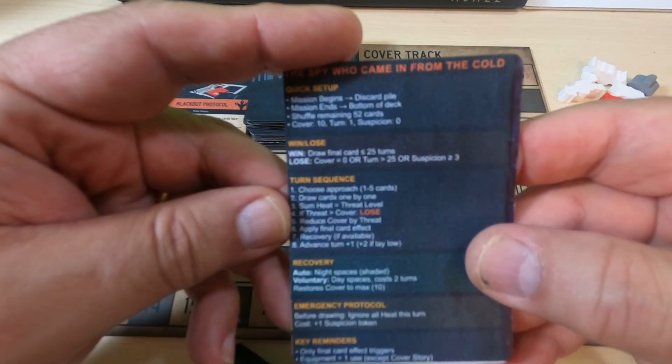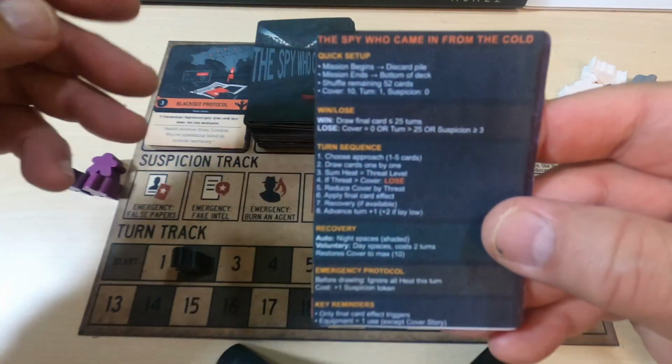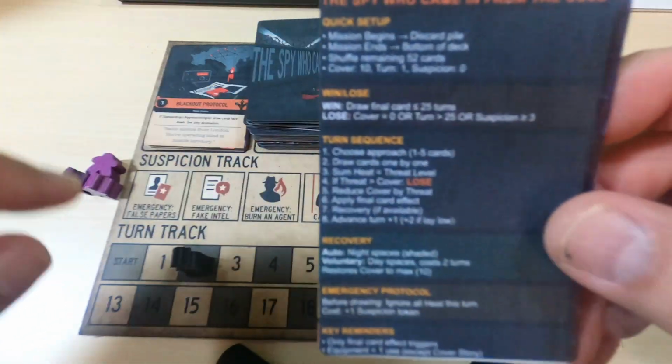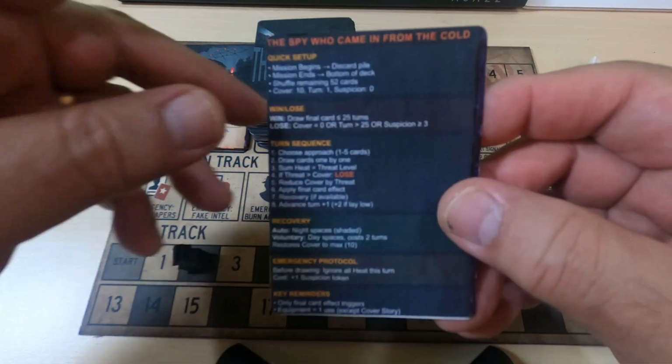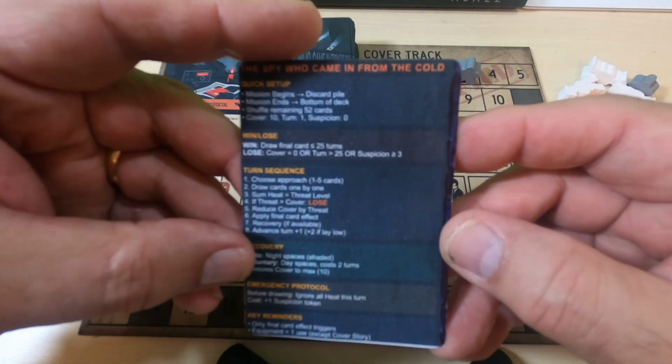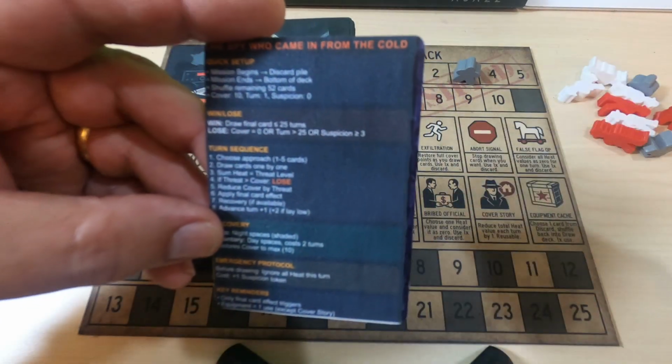And where are we at? So we have reduced cover by threat. We're going to apply the final card effect. Recovery if available. So the good thing is we're ending this particular turn on a night space, which means our cover is now going to go right back up. So at night,